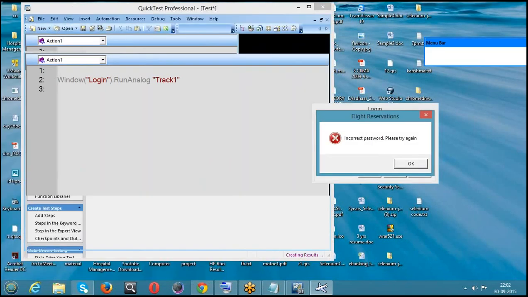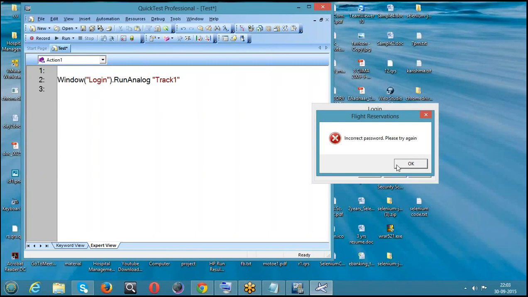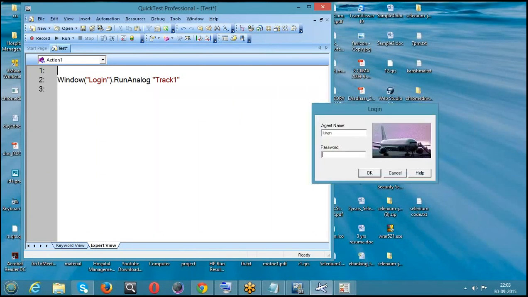Yes, maybe I have given an incorrect password over there. So that's the reason it's saying incorrect password. But anyways, it has written the username, password, and it has clicked on that OK button.